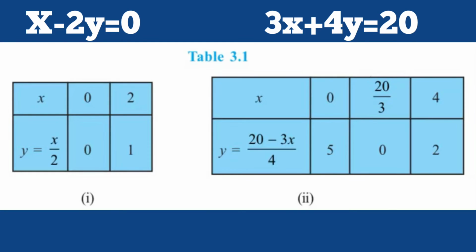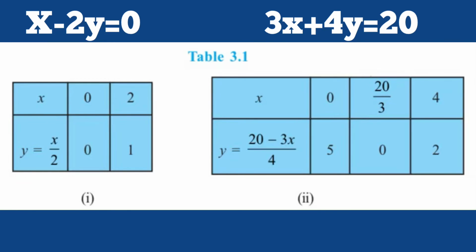Students, you have studied in 9th standard how to obtain the coordinates, that is x and y, which satisfy the given equation. So first of all, we will consider the equation y is equal to 1 by 2 x. Here y is the subject already, so we need not make it the subject. Now we will take particular values of x and obtain the value of y for this first equation. In the first table you can see that for x is equal to 0, we get y is equal to 0 by 2, that is 0, and for x is equal to 2, we get y is equal to 2 by 2, that is 1. So our coordinates for the first equation are 0, 0 and 2, 1.